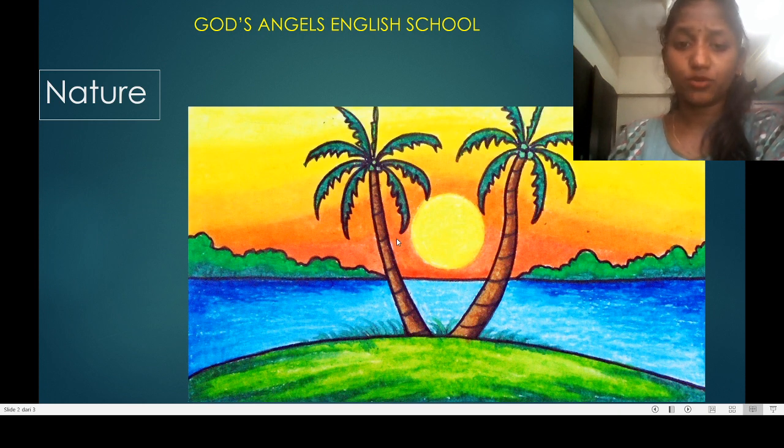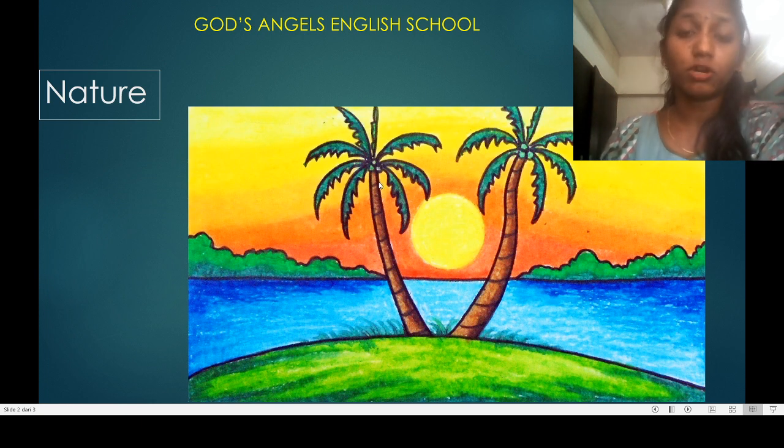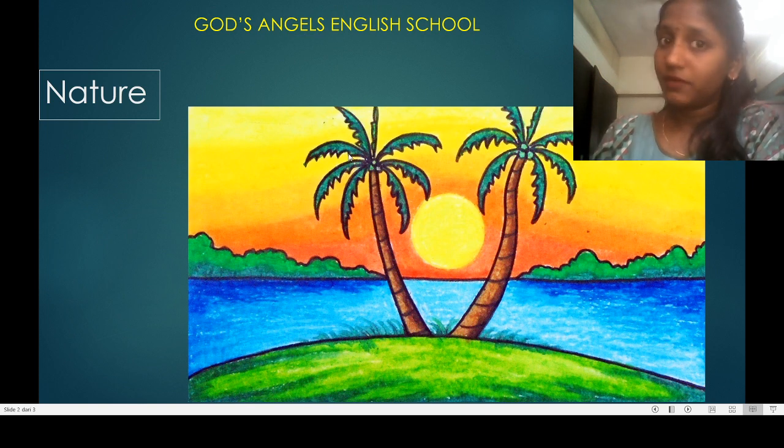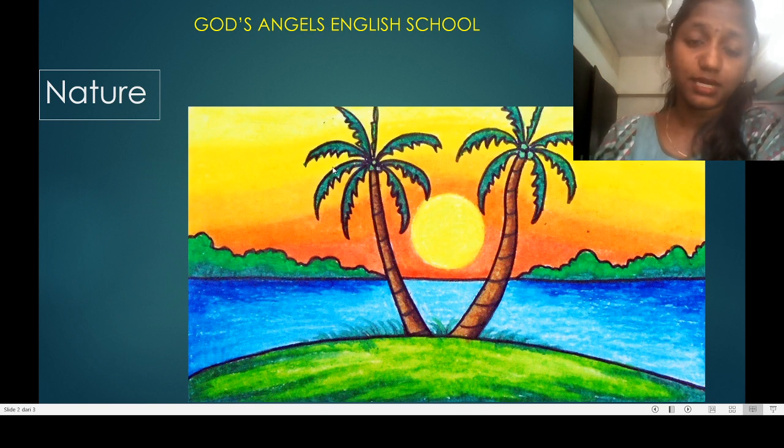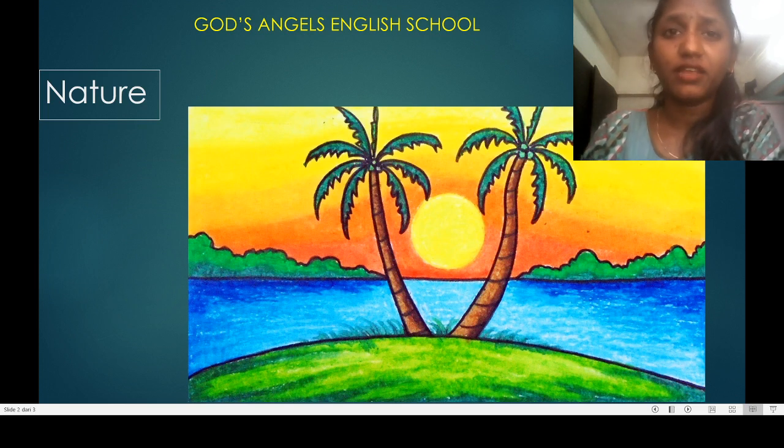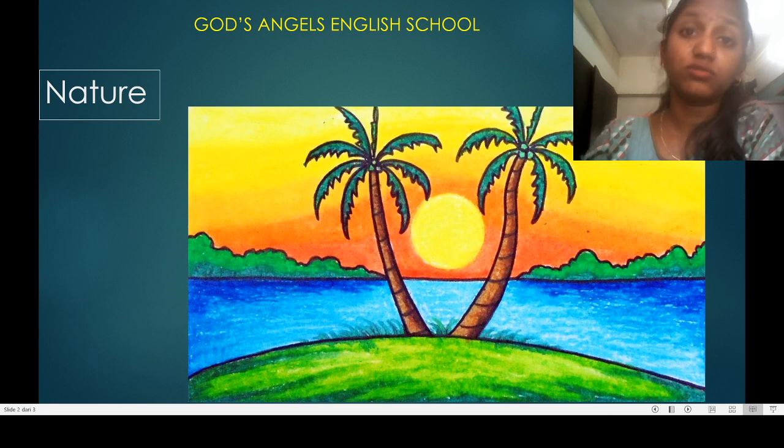It is very easy to color the coconut tree. First you will color it with brown, light brown, and give some highlight on the border part. Highlight the border parts using dark brown color. Yes, and for the leaves, it will go green, and use the sketch pen in a light way, or you can use a black pen also.